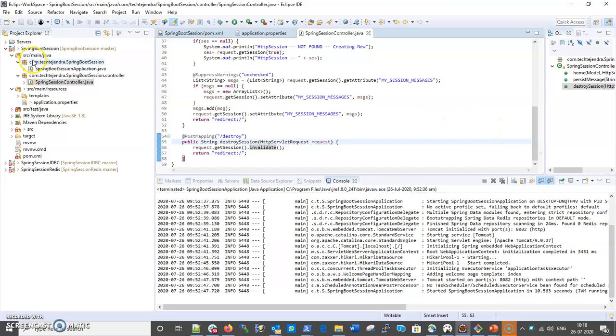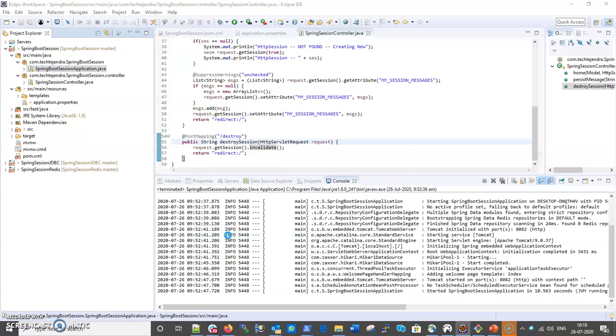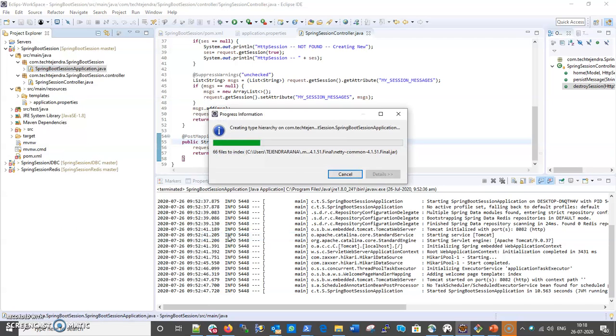Now let me run the program here. Run as a Java application. It is a Spring Boot application, so it is starting now.